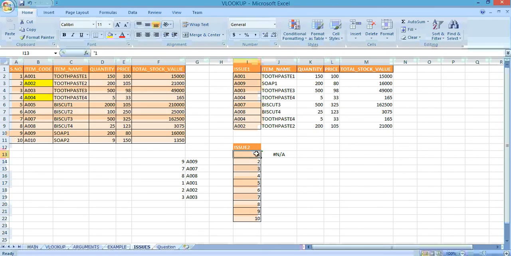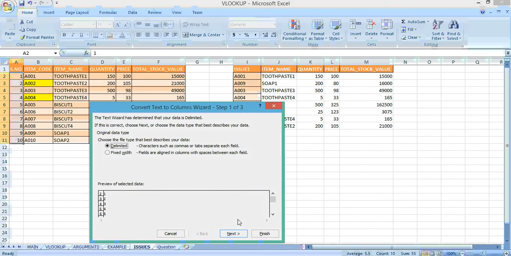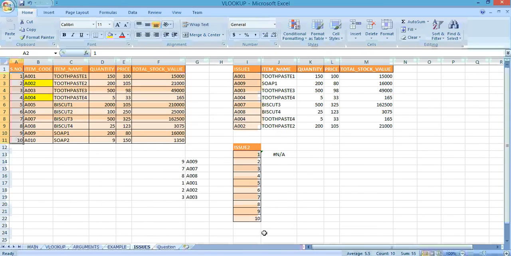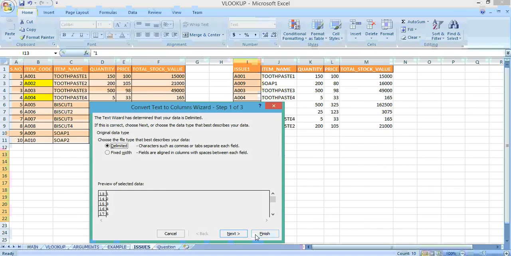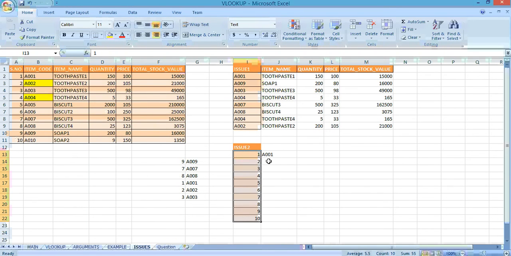Sometimes this happens, so at that time we have to do the formatting of the column. In this case the format of these columns might be different. So what I'll do, I will do it through text to columns, and the same I will do for this as well. And now you can see the values are coming by their own. Now if I drag it down, it will come for all the serial numbers.